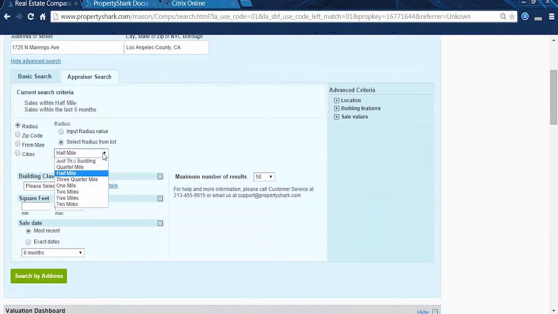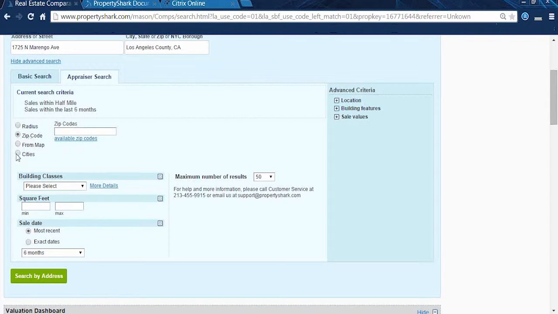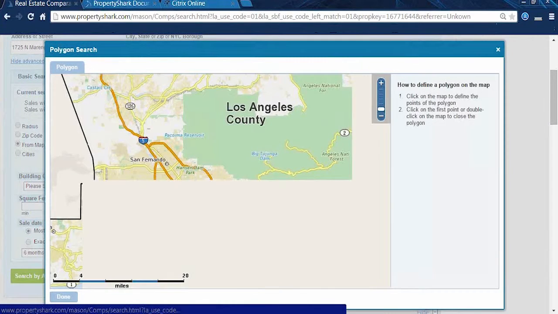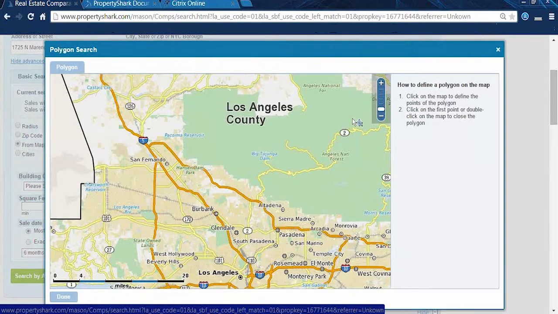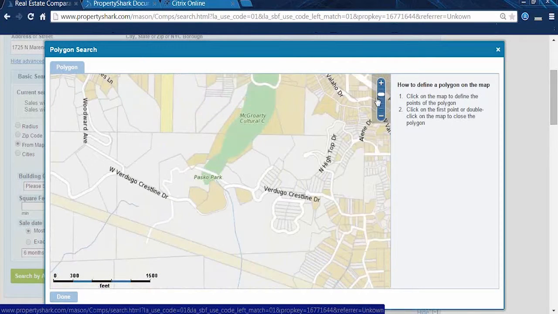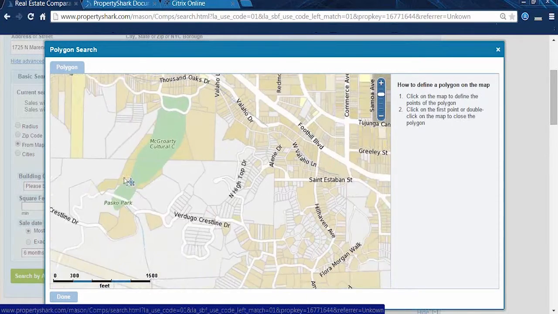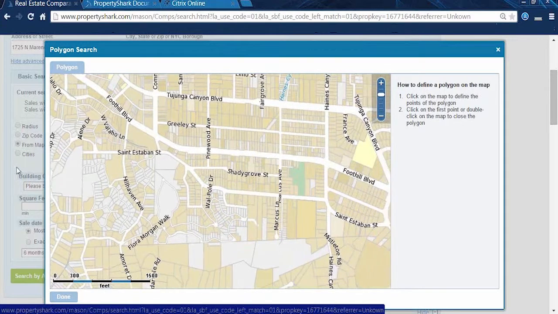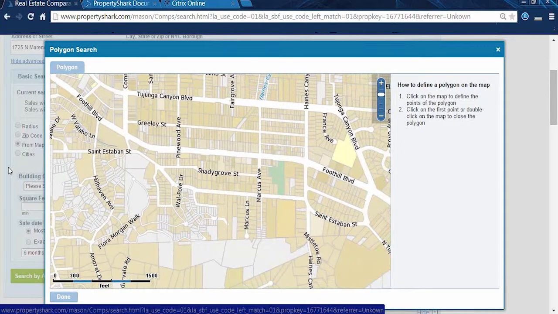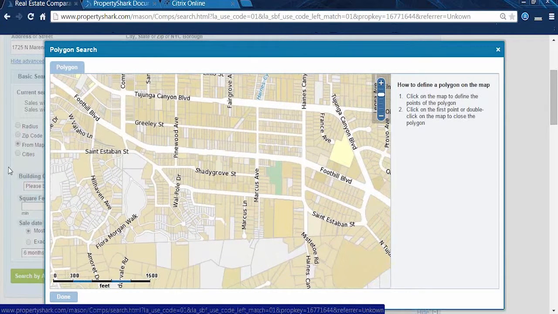So for example, if you want to change the radius, you can use a different radius, or not a radius at all. You can look within a zip code in a particular city, or use our map option, our polygon tool, and determine your own location. The polygon is a great way to define a location. For example, if you're just looking for one particular street from one end to another, not necessarily an entire street,